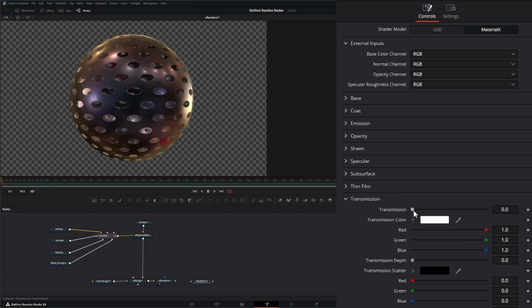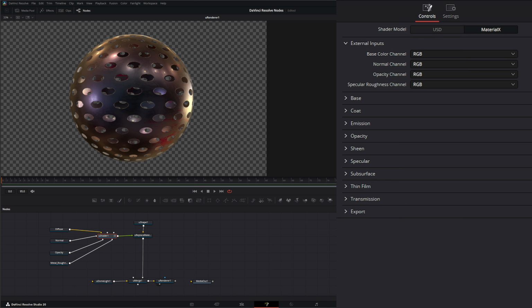And down here, we just have our transmission levels, and this is going to change the transmission of your image. And we can change the transmission depth, as well as our color, our transmission scatter, and our dispersion and extra roughness and all that fun stuff with transmission. So now that we've got our general shader set up,